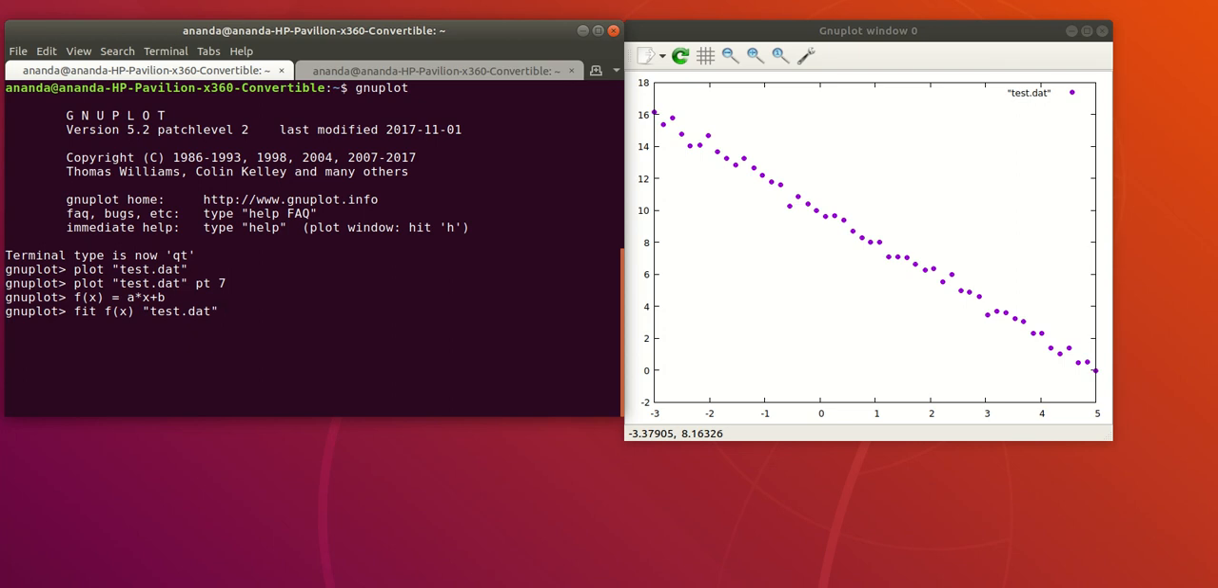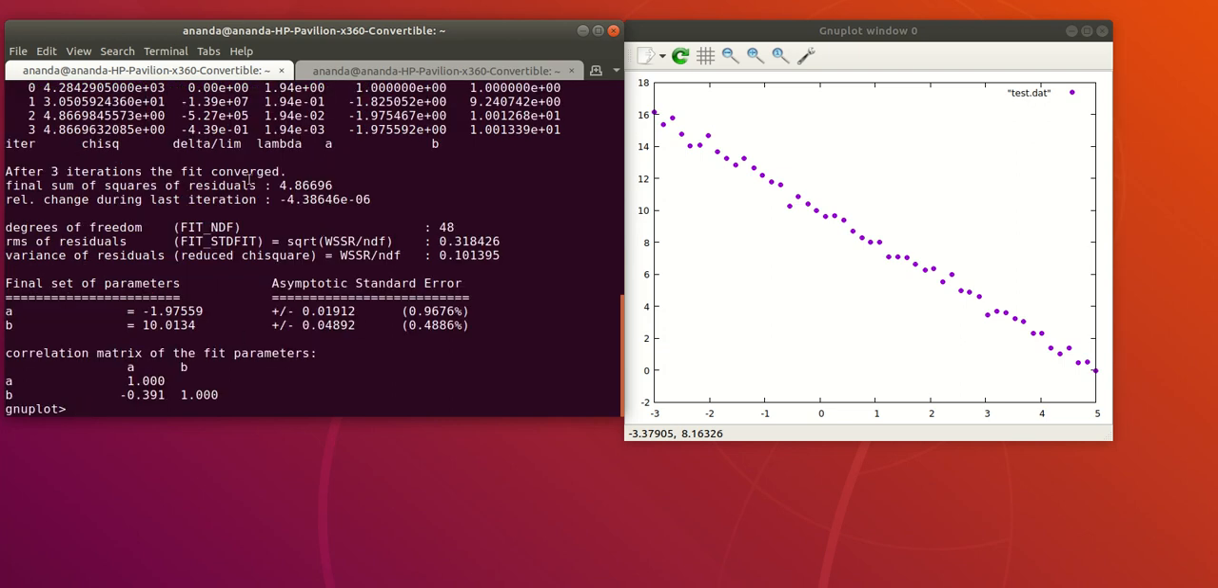I have to tell gnuplot which variables I am allowing it to vary in order to make the function that I have specified go as close to the data points as possible. In this case, I want to vary both a and b. I am allowing gnuplot to change both a and b from the starting values, which by default gnuplot takes to be 1. For that I have to say via followed by the variables which I am allowing gnuplot to vary, separated by commas. In this case there are only two variables, so a comma b. Now if I do this and hit enter,